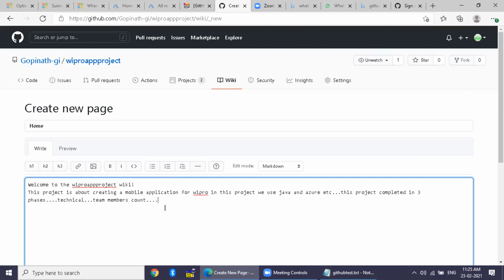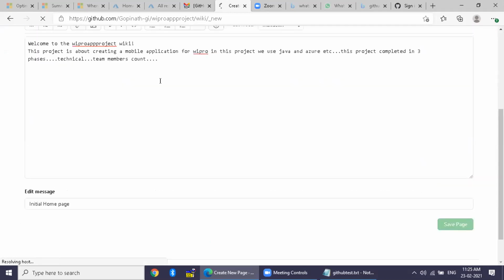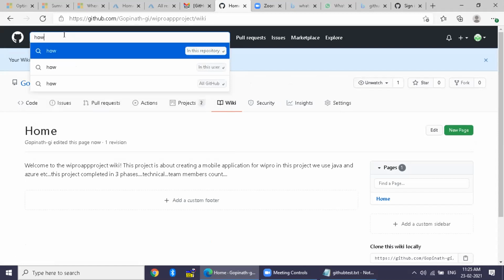Now, if I have to search anything related to my technical work, I never use Google. I always come to GitHub, and here I am searching. For example, let's search in the search box on the top. Can you save it or not? Now, in the search box, you just type, for example, how to install Apache on Linux. And select the last one, all GitHub, the third one.